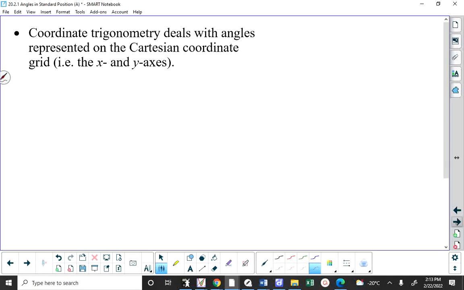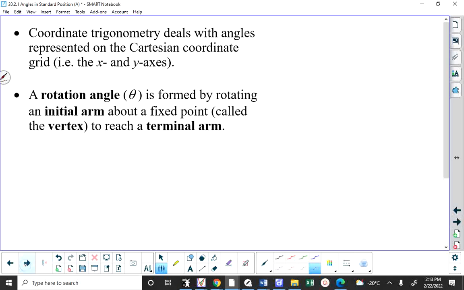Okay? And we have a set of rules here, because if I tell you to sketch a particular angle on the coordinate grid, I could get 26 different pictures. So we all agree on how these things are drawn. What a rotation angle is, and we use the Greek letter theta to indicate a rotation angle. And anytime you see theta, it means, in this unit anyway, rotation